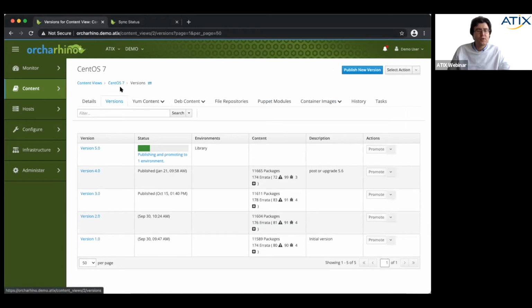The thing is, we recommend to create a content view for every single product. This way we can administer them independently from each other. For example, if you want to apply a new Puppet version, but you don't want to update the operating system, it would be good to have different content views because you can just publish a new Puppet content view, but leave the CentOS content view the same.